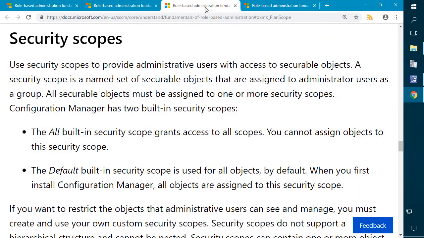The next thing is going to be security scope. For example, you have your security roles. Let's say that we gave an admin the application administrator security role. What that would do is give them access to do pretty much anything along the lines of managing and creating applications. Now, there's a lot of scenarios where you might have multiple departments and they might need to be able